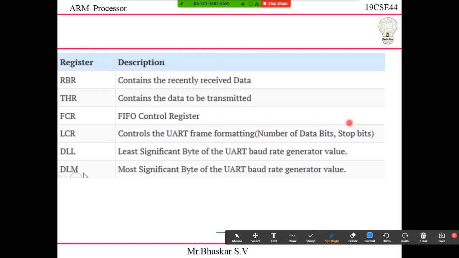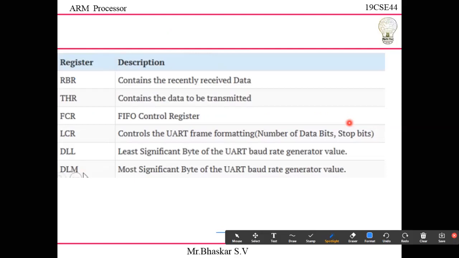Before that, what are the registers I can use here? First is RBR, which contains the recently received data. Next is THR, the transmit holding register, which contains the data to be transmitted. What data needs to be transmitted will be stored here. FCR is the FIFO control register.